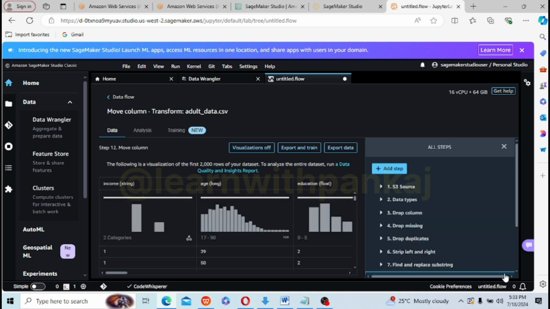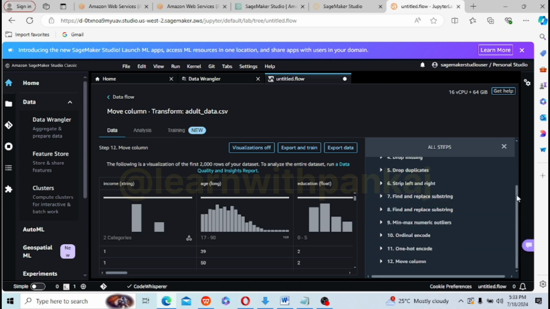So these are all the transformations that we have added so far. Now we want to export this transformation to S3. All these transformations have to be stored in S3, from where any machine learning company can take the data and apply machine learning algorithms.